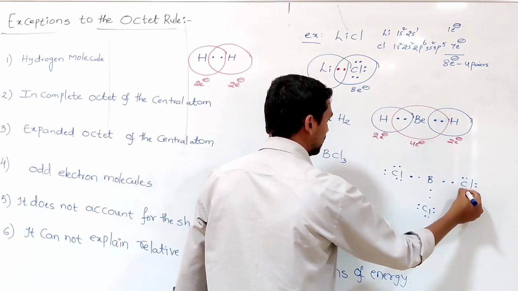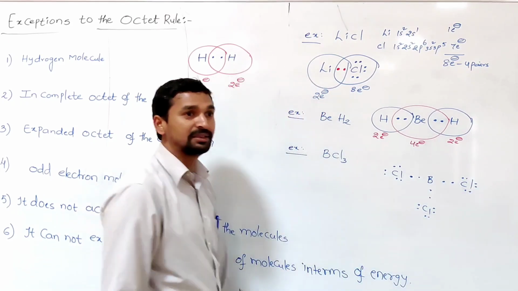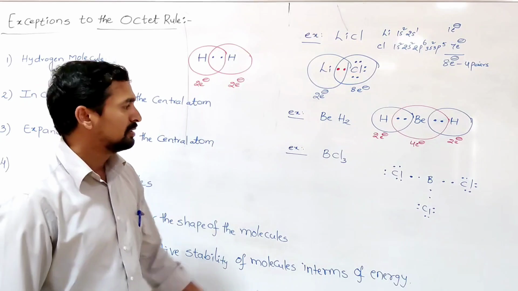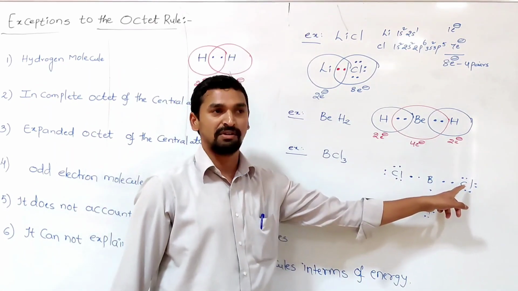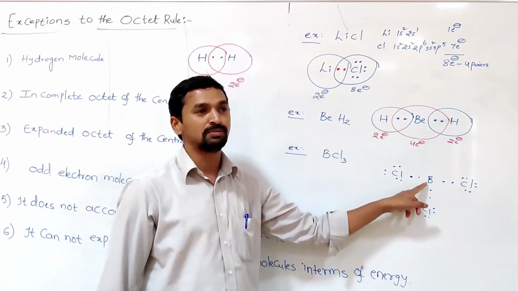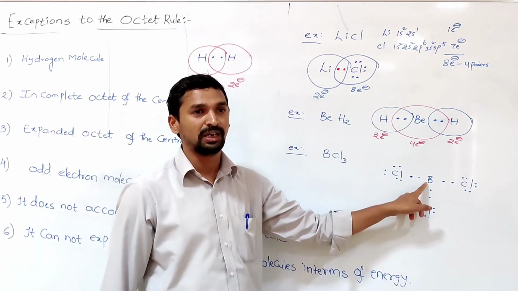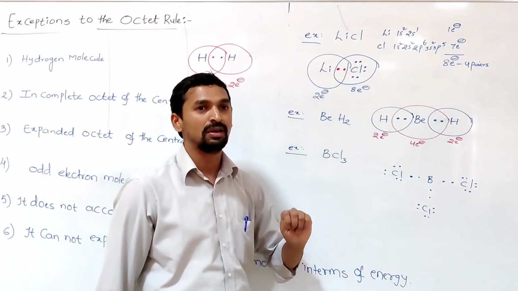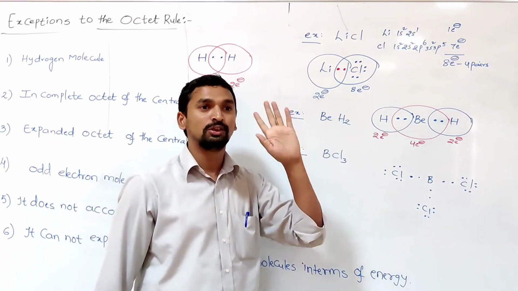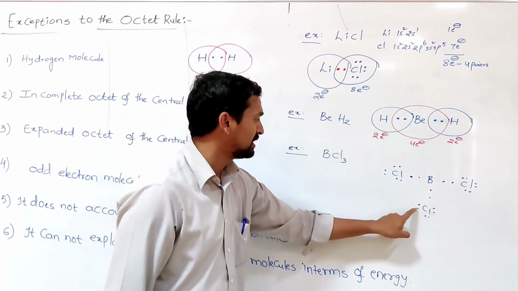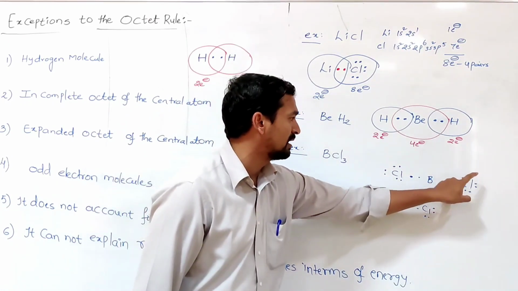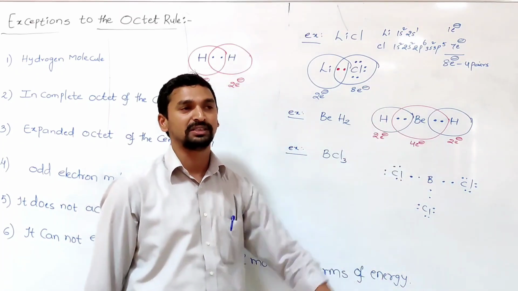And we are directly writing the Lewis structure because you know very well how to write the Lewis structure for each molecule. The chlorine is having 7 valency electrons. The 3 chlorines, 3 7s are 21. 21 plus boron belongs to group 13, 3 valency, totally 24. 24 electrons means 12 electron pairs. So 1, 2, 3, 4, 5, 6, 7, 8, 9, 10, 11, 12. 12 electron pairs are arranged.